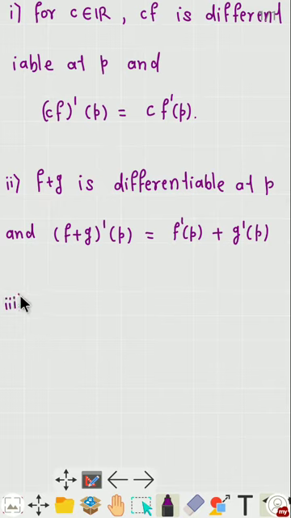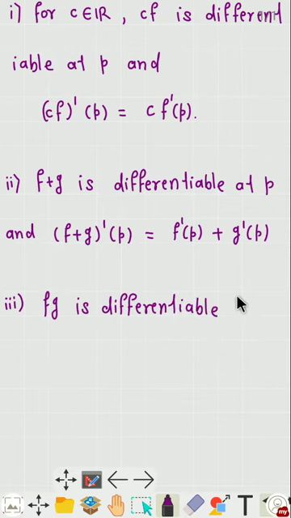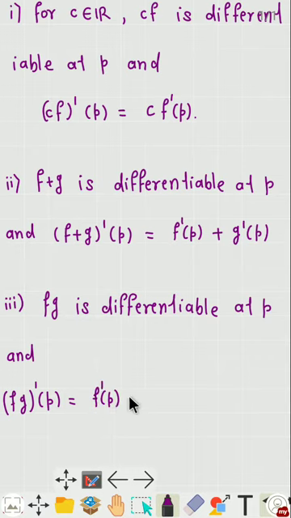Now let us write the third statement. f into g is differentiable at P, and derivative of f into g function at point P is equal to f dash at P into g of P plus f of P into g dash at P. So this is the product rule of derivative. And the fourth statement of this theorem,